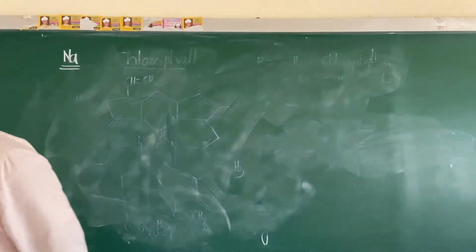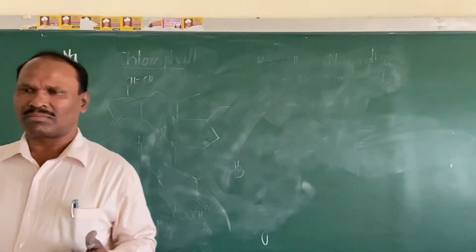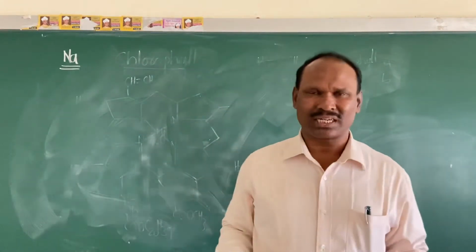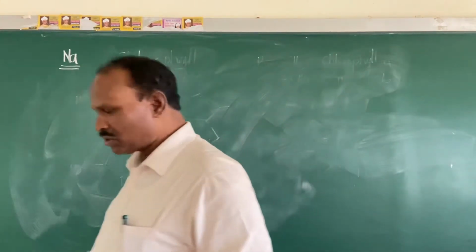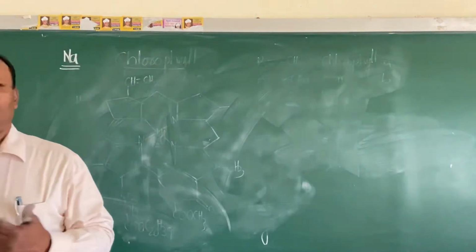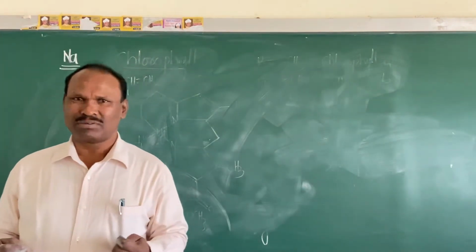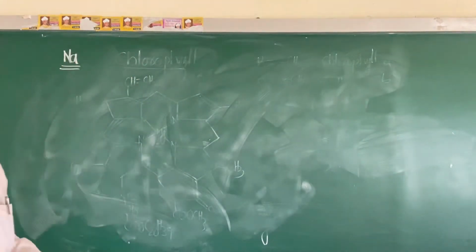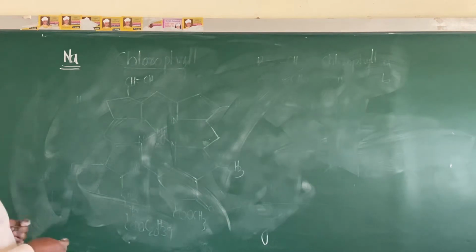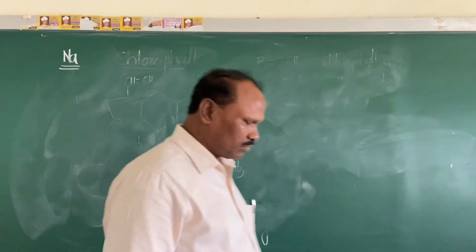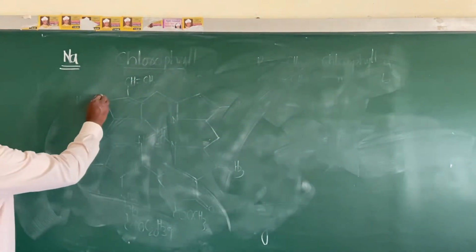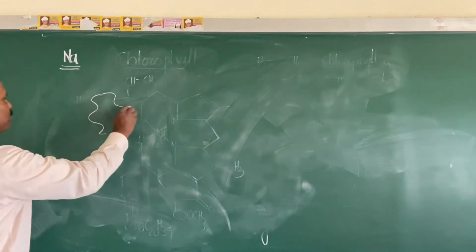Now this sodium we take mainly into our body in the form of sodium chloride, that is table salt. Is it okay? And also we take this sodium into our body by eating green vegetables. Is it okay? And also by taking the non-vegetarian food, that is meat and so on, right? So this sodium is functioning in our body in the form of Na plus ion.